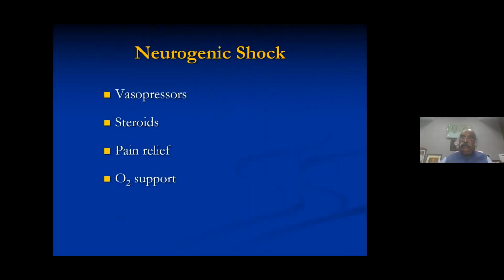Neurogenic shock again. In a neurogenic shock, what happens? In the neurogenic shock, instead of a tachycardia, the bradycardia occurs. And the systemic vascular resistance also falls, and the vasopressors have a great role for that. And in addition, the steroids, the oxygen support, and another thing about the perioperative period, pain relief. In addition to all these, you have to look for the pain relief. That is again an aggravating factor for the neurogenic shock, and that one should not ignore in the perioperative period.